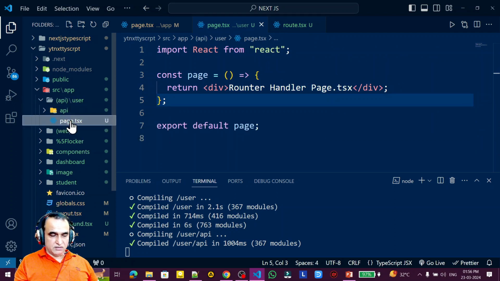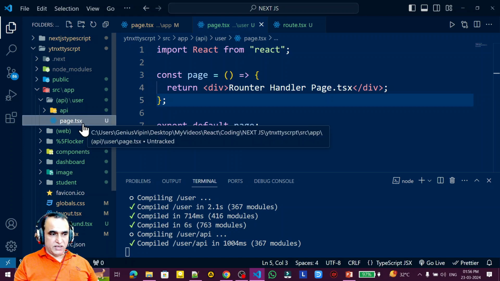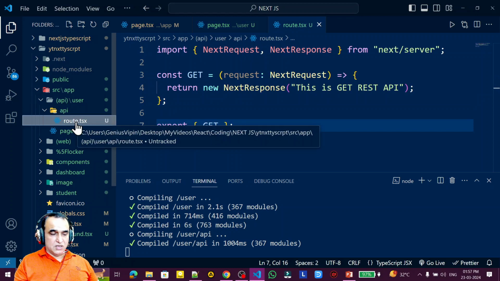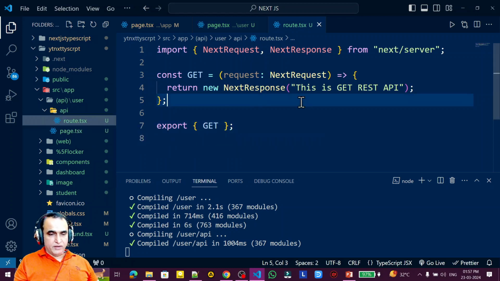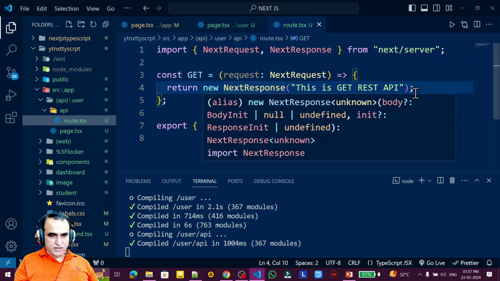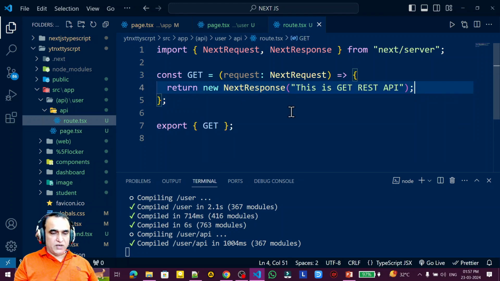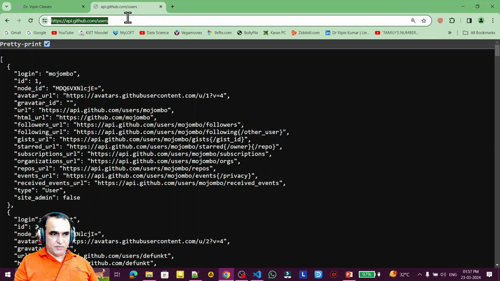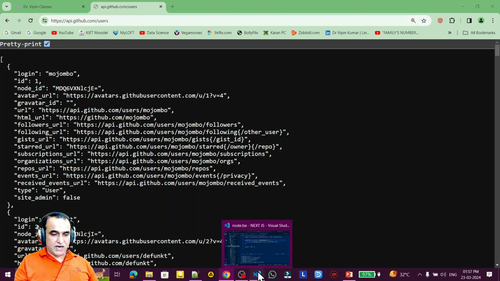Under this you can create your page file. Page.tsx file is there, and under the API you can use your route.tsx file. Remember that this is not an actual REST API, we are using this just to display dummy information. Now we are trying to fetch some information from an API and display that information in GET. For that I need this API. I have this GitHub API right now that I'm going to use